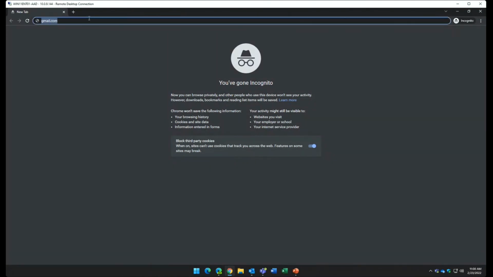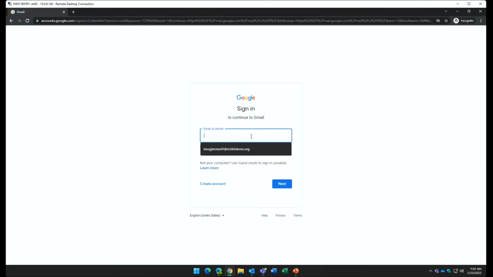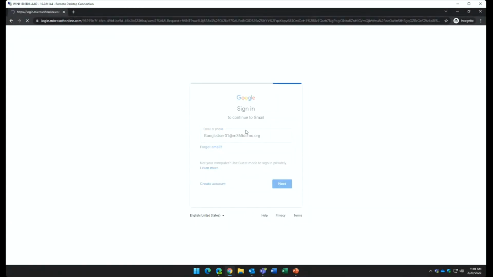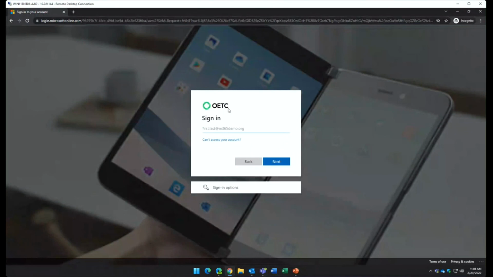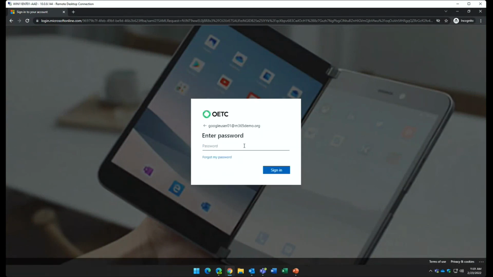But let's show you our session control example real quick. It'll be 1 minute. So we've got our Google user logging into their Gmail account. Let's say it's a mixed environment, Google and Microsoft. We're going to go ahead and log in. We're using Azure AD as a single sign-on provider for Google. So we can log in using Azure AD credentials, and we can apply security policies on the Google environment.